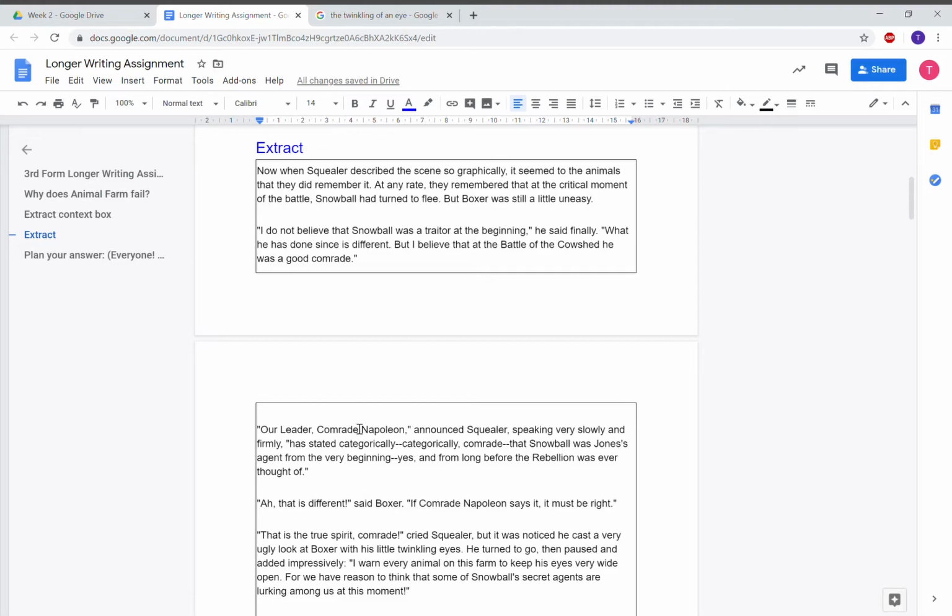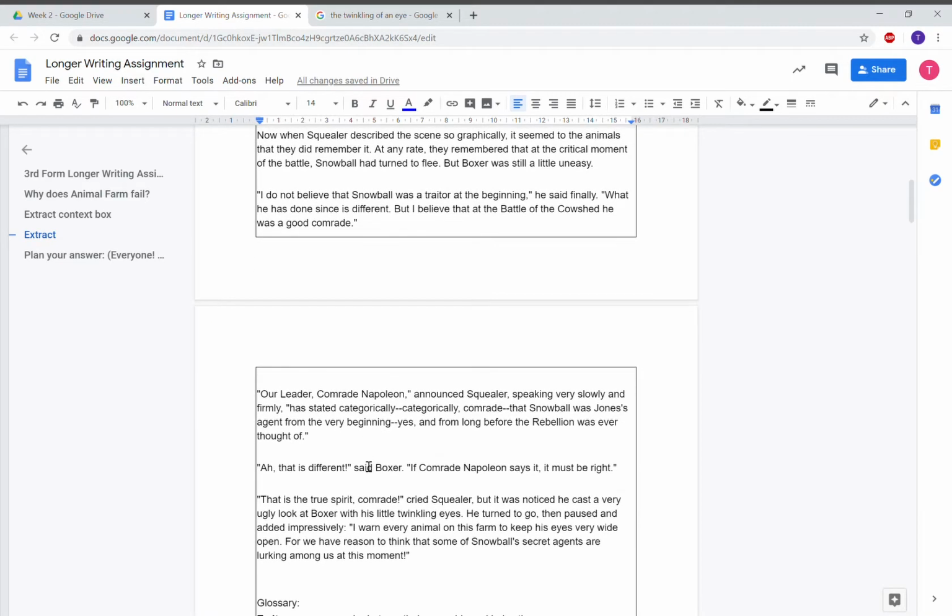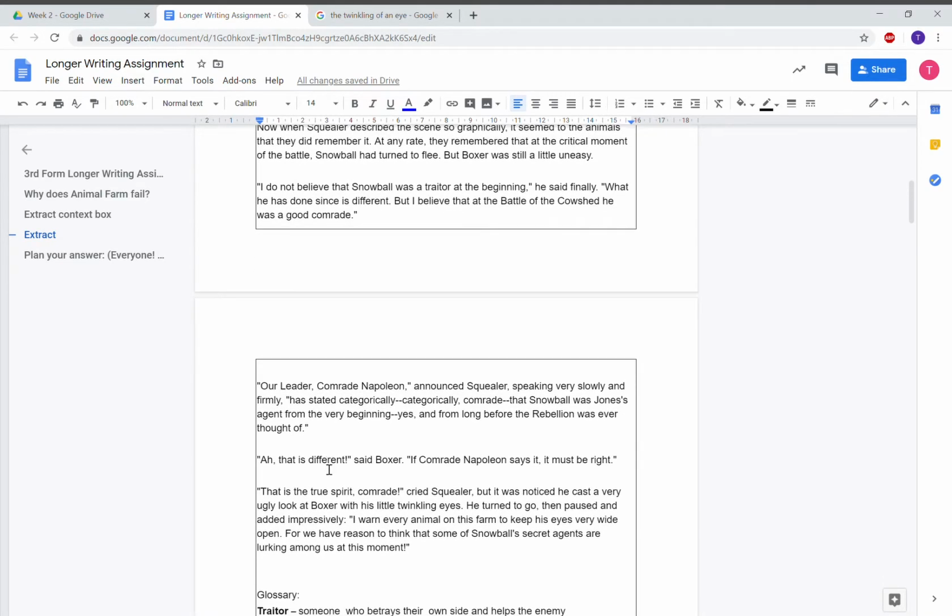I am going to recommend that before you start writing your assignment on Friday, tomorrow, you read this extract a few times, okay? You don't ever want to just start writing based on one reading, okay? You want to read it 3 or 4 times. So, I've read it a few times now, and I'm going to pick